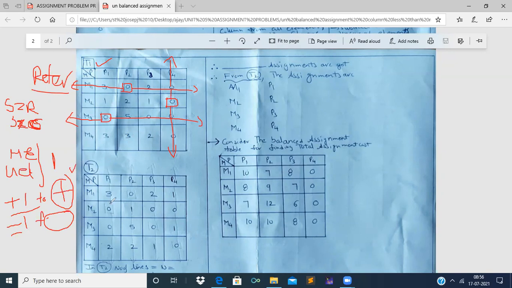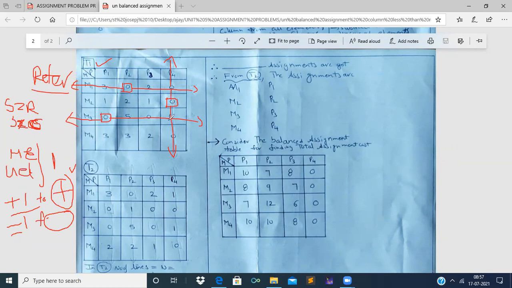Now, let us proceed. See here, 3, 0, 2 are the elements which are written as it is. And here, as 0 is present at the intersection part of two lines, we add 1. So 0 plus 1 is 1. Now, next, in this second row, we have to observe the elements 1, 2, 1. We have to subtract 1 from these elements, as these are uncovered elements. 1 minus 1 is 0, 2 minus 1 is 1, and 1 minus 1 is 0. Therefore, we get 0, 1, 0 in the second row. And here we get 0 as it is, because it is underlined.